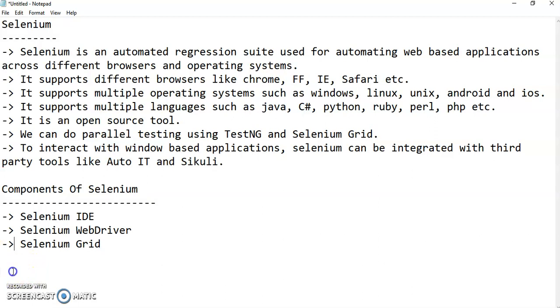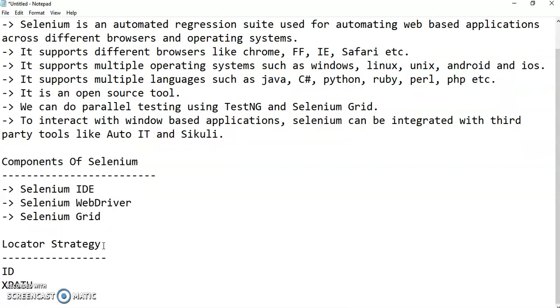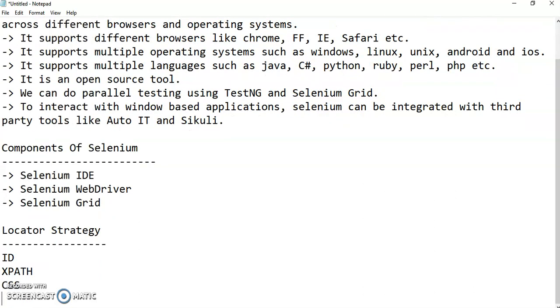And we also have locator strategy in Selenium. So what is locator strategy? It is how we are identifying web elements in Selenium WebDriver, right? Let it be Selenium WebDriver or Selenium IDE, we have to follow locator strategy. We have different kinds of locators, like 7 or 8 types of locators in Selenium. We have ID, XPath, CSS, link text,